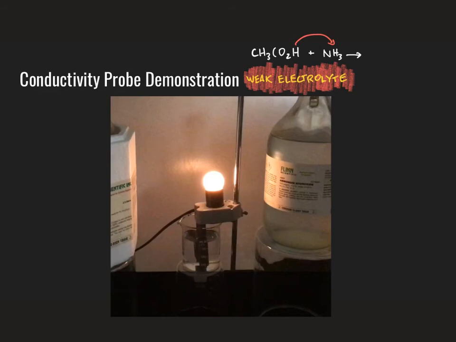And we can justify our observation there by looking at the reaction that occurs between ammonia and acetic acid. So if we take acetic acid, CH3CO2H, and add to it ammonia, NH3, remember acids are proton donors and bases are proton acceptors, which implies the acetic acid will donate its acidic hydrogen to the ammonia, in doing so forming ammonium ions and leaving behind the acetate anion, which essentially means the product of this reaction is ammonium acetate, which